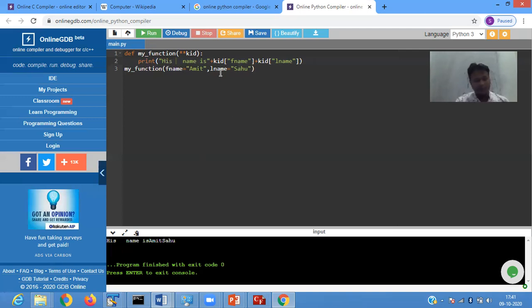Like this is called an arbitrary function, where you don't know how many parameters you have to take from the user. At that time, we use an arbitrary argument. It is basically used where you are not sure how many values you have to take from the user. In that case, we use this asterisk symbol. It is similar to the var keyword used in the Java programming language, the variable argument. Understood? Yes, sir.